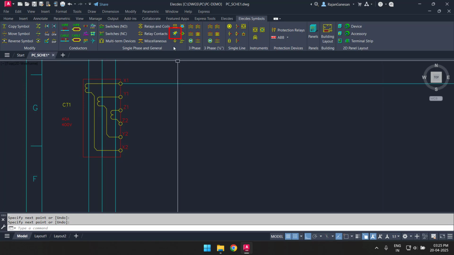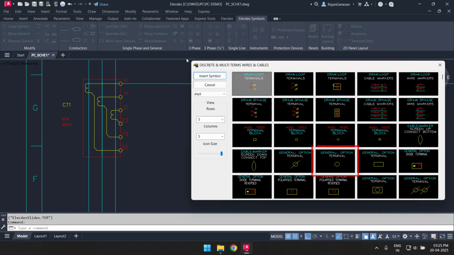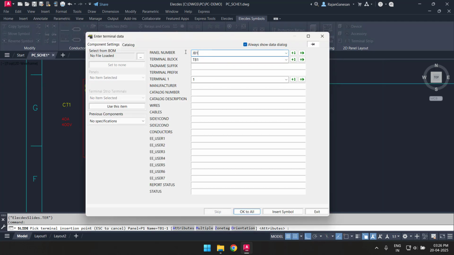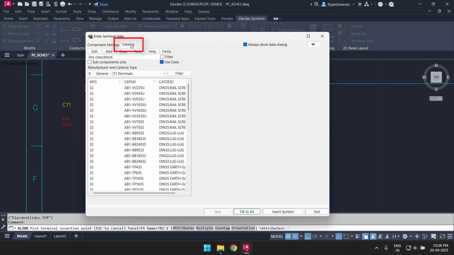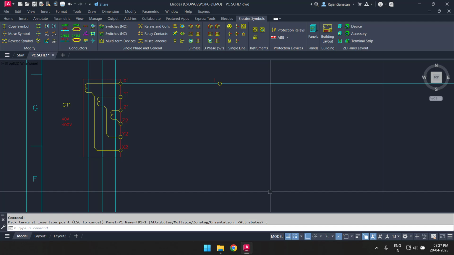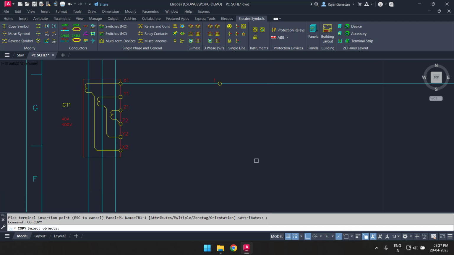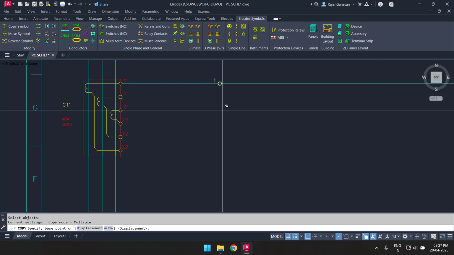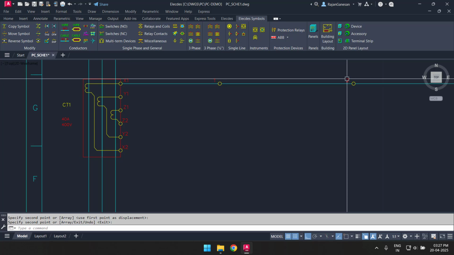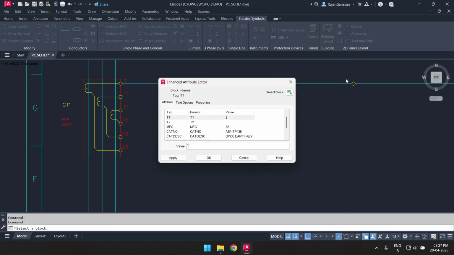I will now use the Terminals menu to insert a junction box terminal on my conductor. As with all Electez components, I give the terminal a name and then choose a spec from the catalogue. Electez has added electrical intelligence to the CAD session. The CAD session will now react to any copying and pasting of a component in a smart manner. When I copy the terminal, the number will be incremented in a circuit-sensible manner. The lines are appropriately broken and connected, and the spec is transferred.